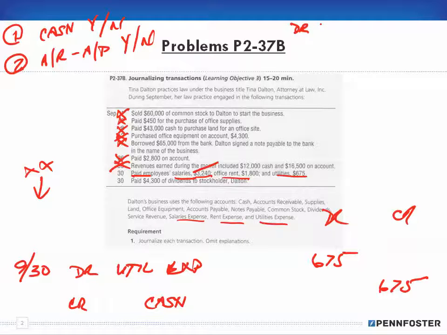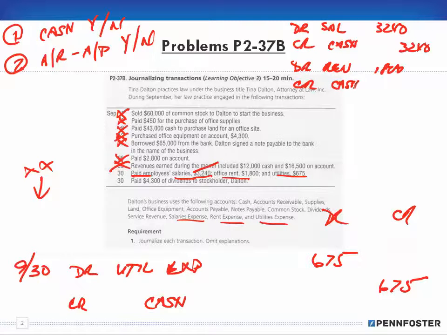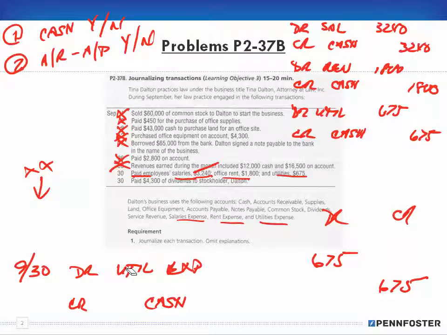to salary for $32.40, and a credit to cash for $32.40, a debit to rent for $1,800, a credit to cash for $1,800, and a debit to utility for $675, and a credit to cash for $675. Okay. Well, if I had written out all three of those entries